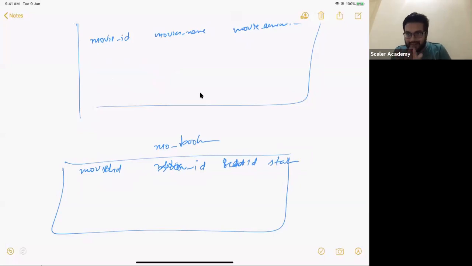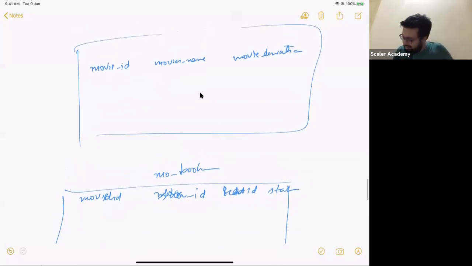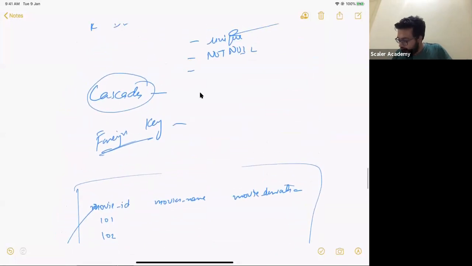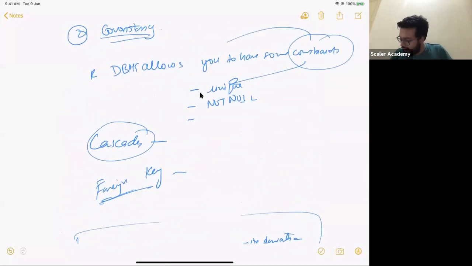Now, foreign key constraints here mean that this movie ID is not different from that movie ID. Does that make sense? Another thing: if I only have movie IDs 101, 102, 103 here, can I add a row here which says movie ID 107 has a show running? You cannot say that, right? Because there is no movie which actually exists with ID 107. So you understand that there is a foreign key constraint here. And these kinds of constraints are also what DBs allow you to do.